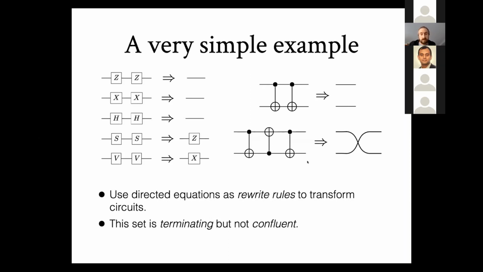And so this set of rules is very simple and not very powerful. It at least has the property that it will terminate, but depending where you start from, you might not always end up with the same finishing position, depending on the choices that you make during the rewriting. So it requires some care to design a rewrite strategy which will actually reduce the size of your circuit in the best way.